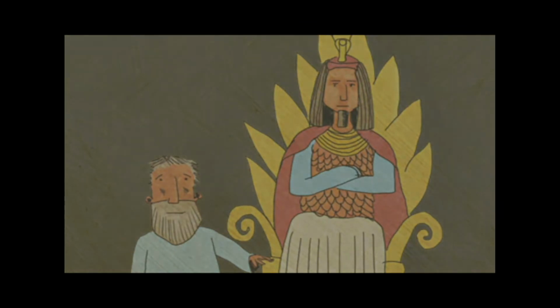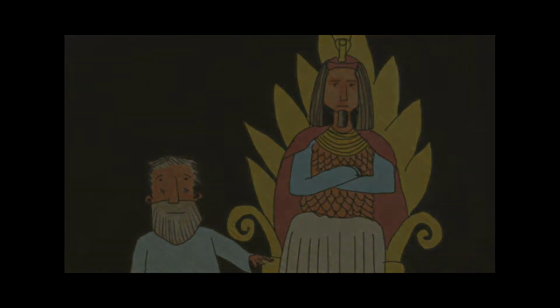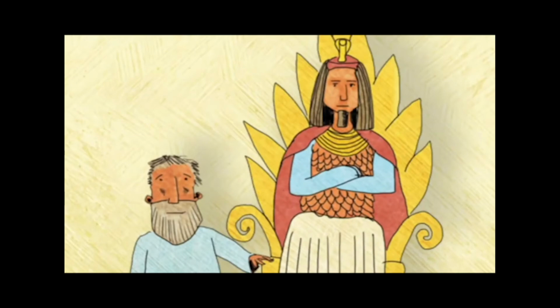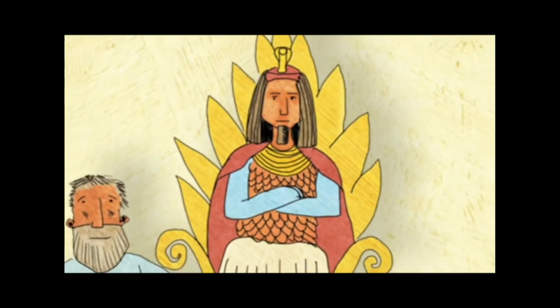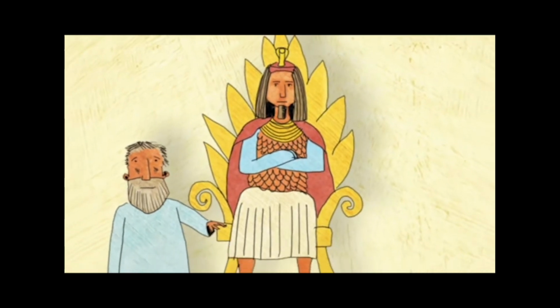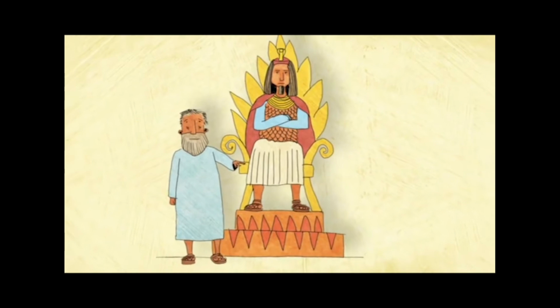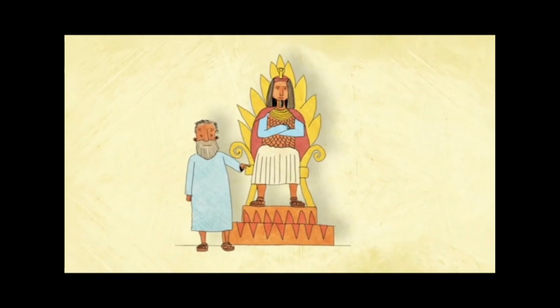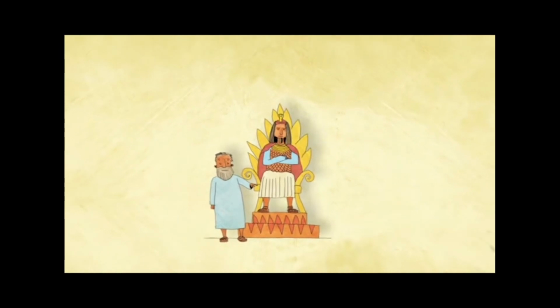But each time Pharaoh said, "Make it stop and then I'll let them go." And each time when God made it stop, Pharaoh changed his mind and said, "Actually, no, you can't go." Well, finally Moses warned Pharaoh, "Obey God, or he will have to send the worst thing of all." And Pharaoh just laughed. So God said, "The oldest boy in each family of Egypt must die, but my people